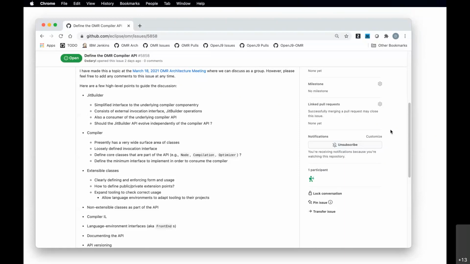Yeah, I mean, certainly looking at JIT Builder, the API seems to be, with all credit to you, fairly well thought out, and with an attempt at architecting an API.